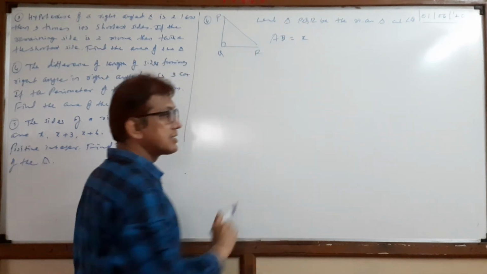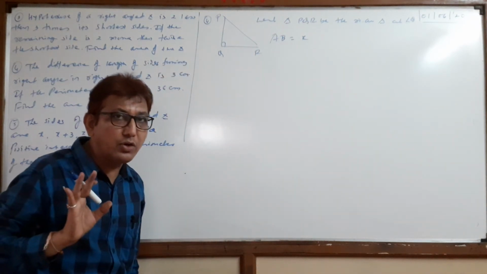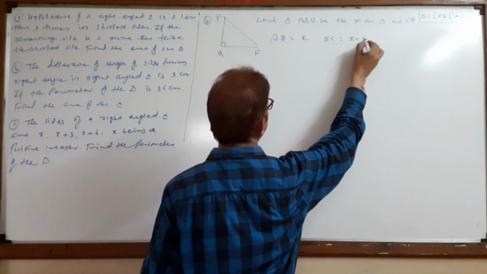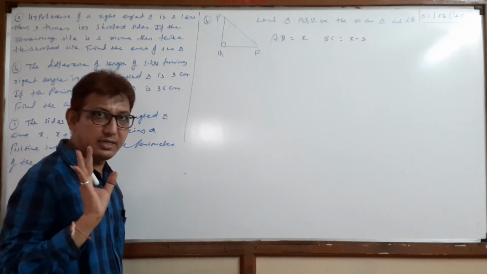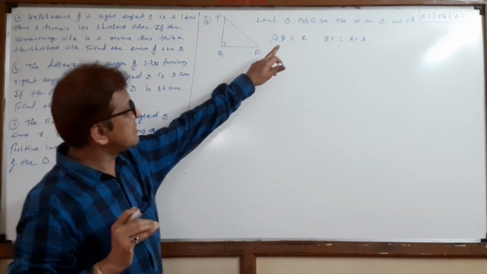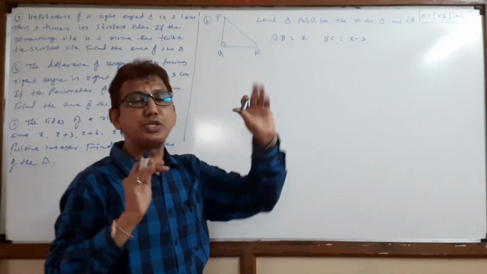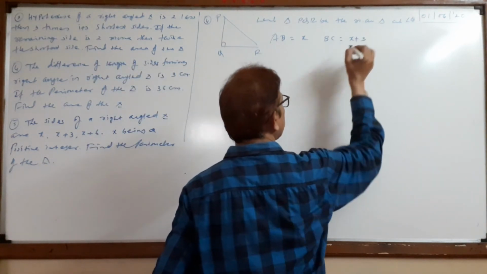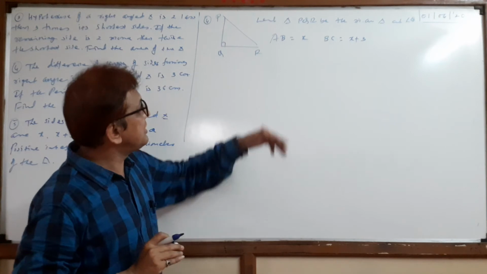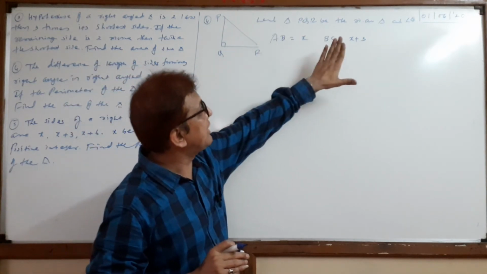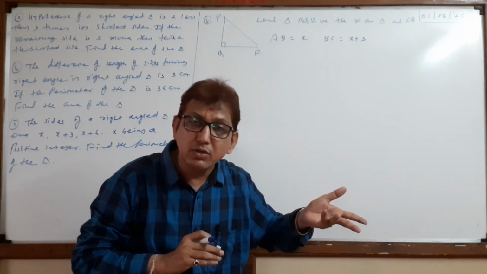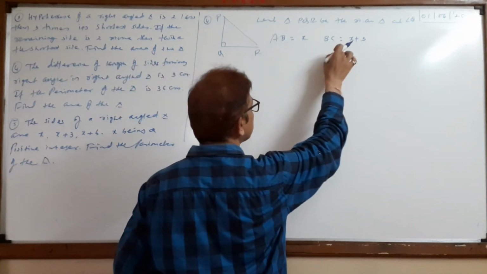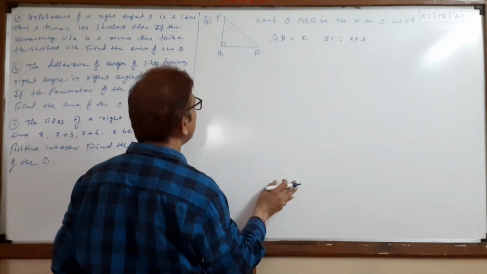So now here we suppose AB equal to x. Now BC equal to, you can write x minus 3, that means AB is greater and BC is 3 units smaller. Okay? Otherwise you can suppose x plus 3 also. That means AB is smaller and BC is greater. Clear? Okay? Any one you can suppose. AB equal to x. Suppose BC equal to x plus 3.